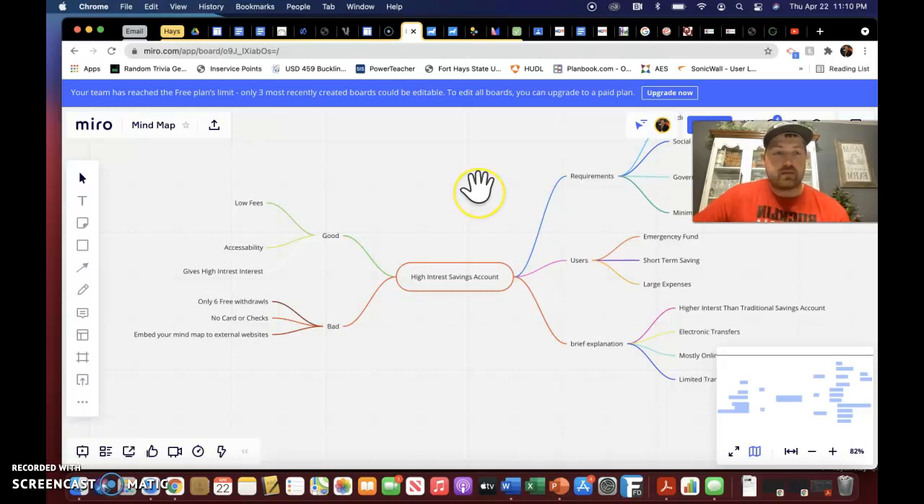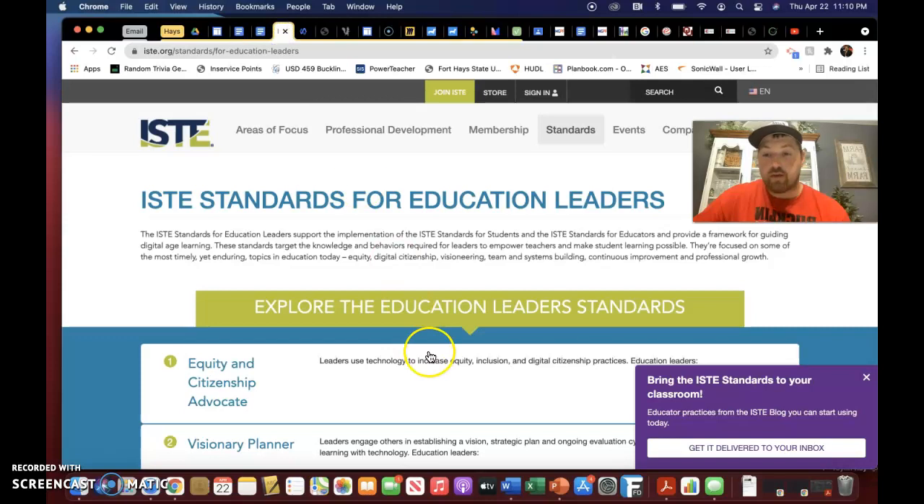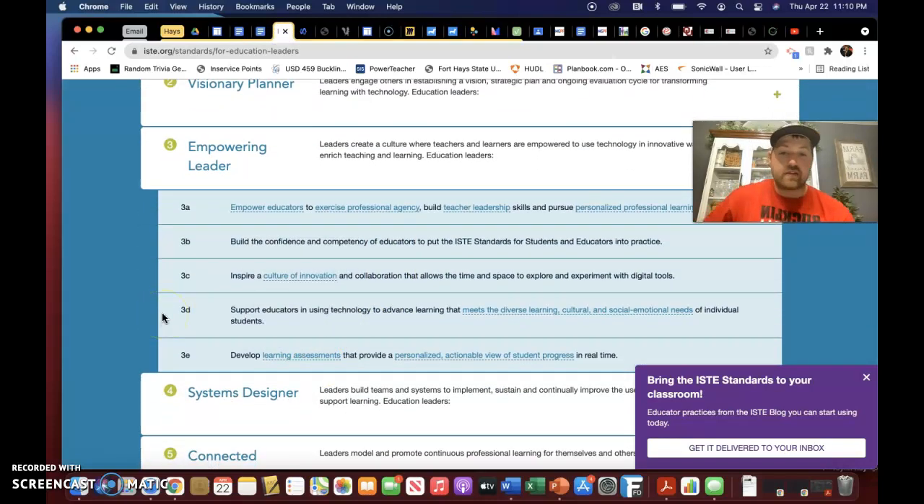This is really good for the ISTE standard 3D, I believe in the educational leader framework, and to show you that one, that is, support educators in using technology to advance learning that meets the diverse learning, cultural, social and emotional needs of individual students. So that is